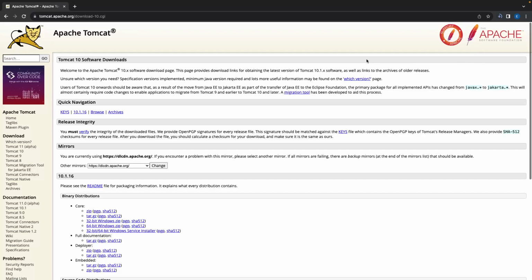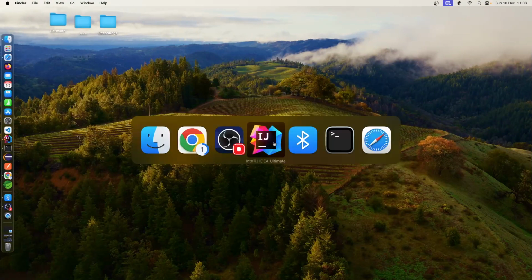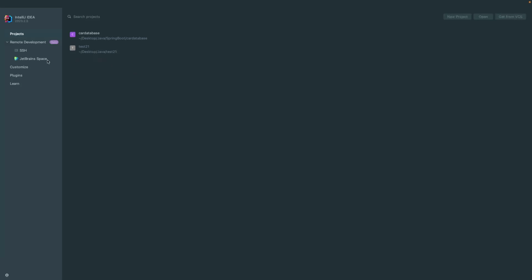Yeah, so that's it. In downloads, just go to IntelliJ, and as you can see, I have all this. This is an Ultimate, but it doesn't make a difference in the way that it's set up. So if I go to new project,